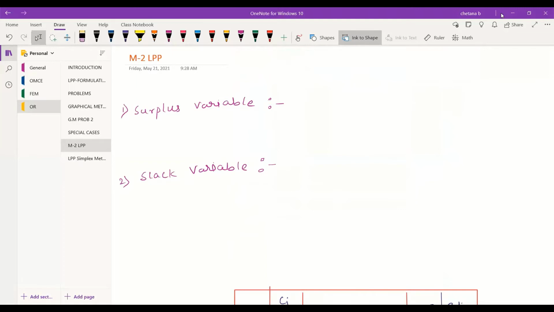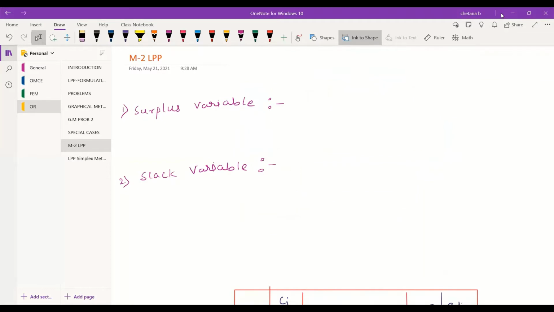Again, if you see the models of the OR, we have some models of the OR, and under that heading we have studied the symbolic model. So again, here also, based on the symbol, we'll have to understand whether the problem is of surplus variable or it consists of the slack variable.